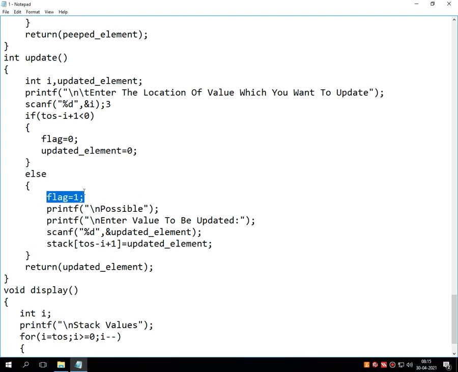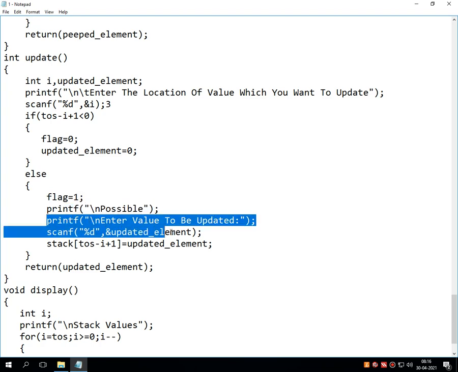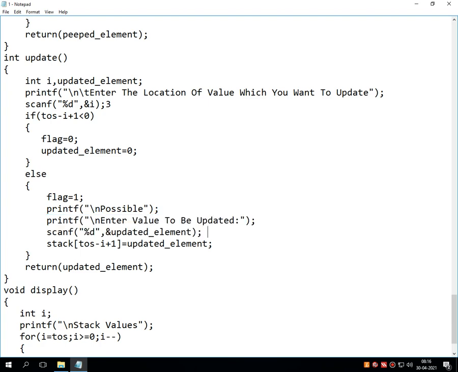In the else statement, first it sets the temporary variable called flag equal to 1, and it displays the message possible. Now it's time to enter the new element which we want to update. So suppose I am entering 9 over here.